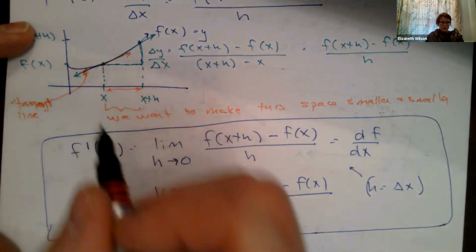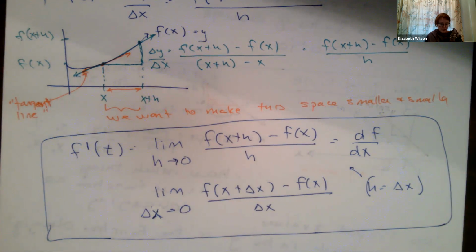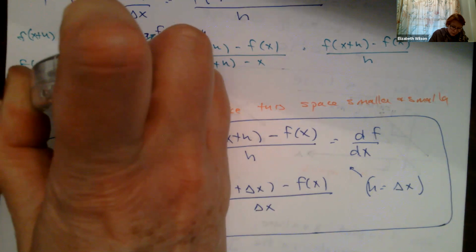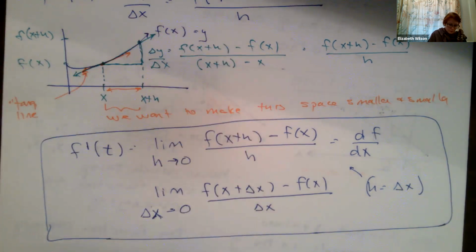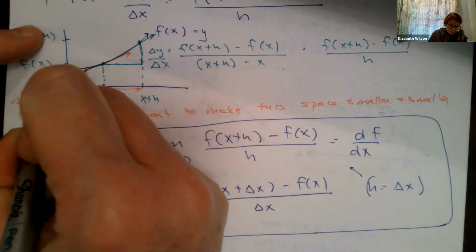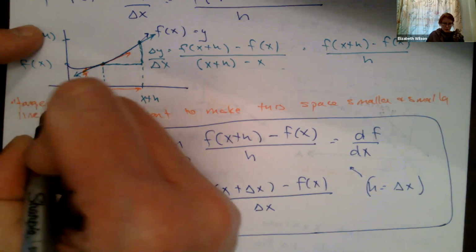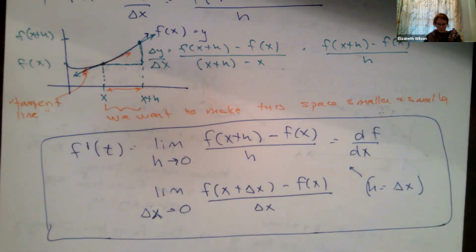A tangent line. And it looks like you can't see that very well. Let me write that better. A tangent line. Okay. All right. So I'll give you some shortcuts in a minute, but let's talk about